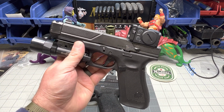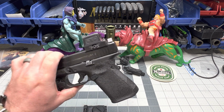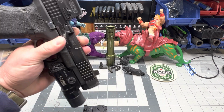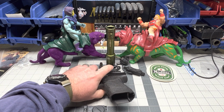But I hope this helps somebody. There's been a couple comments, one comment and one message comparing these two. I've never had any durability issues with either one. Both of them have held up with whatever type of abuse I've put them through, banging them on stuff, in and out of Safariland holsters, being carried appendix. It gets banged into crap from time to time, and I've never had a problem out of any of the